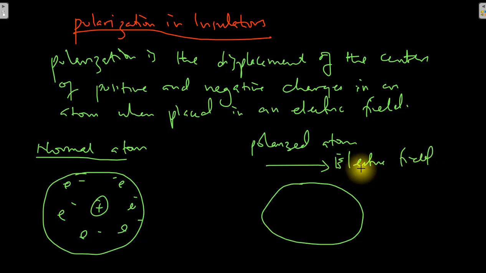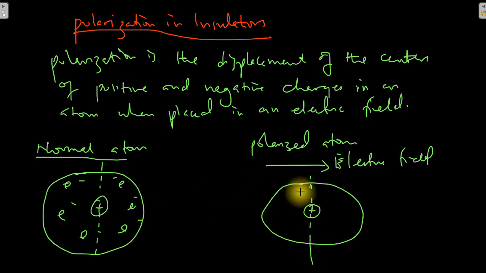This means there is an electric force acting in this direction. The positive charges are moving in this direction. This is what happens. The nucleus will remain at the center because it does not usually move, or at least it will be slightly displaced, but in most cases it will remain at the center with only a slight displacement,